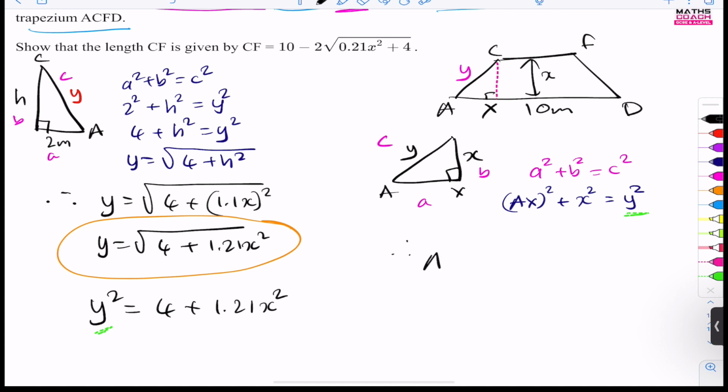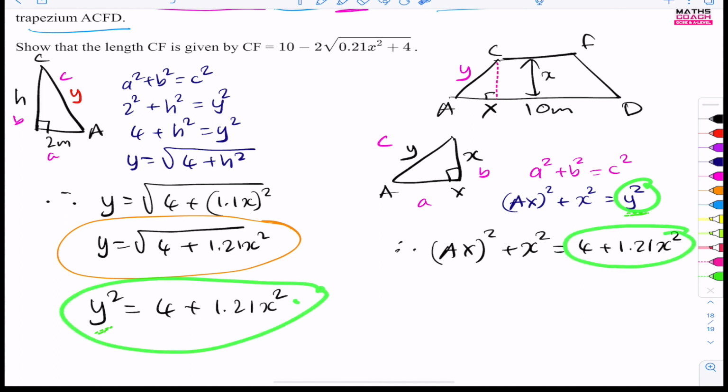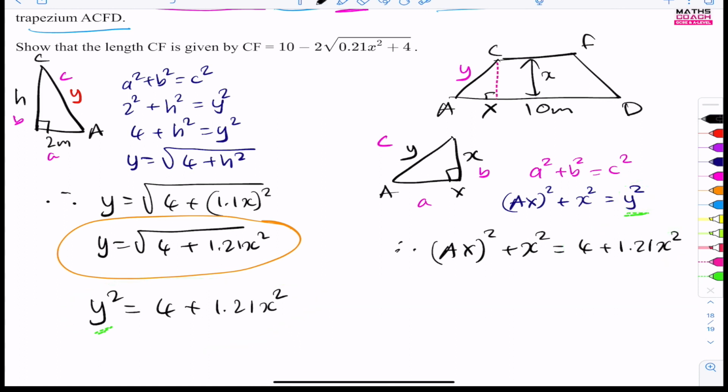So therefore, AX squared, remember it's AX squared, and please don't square these individually. AX is referring to this length here. So plus x squared is equal to 4 plus 1.21 x squared. Remember, we are not squaring this, because it's already y squared. All of that is representing y squared, okay? And now we just need to make AX squared on its own. So AX squared is equal to 4 plus 1.21 x squared, and we'll take the x squared on the left-hand